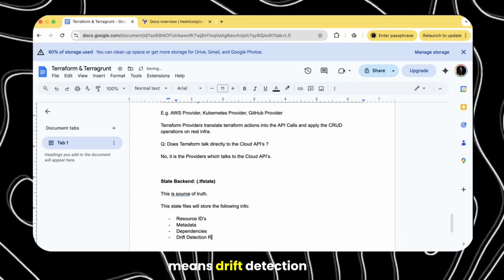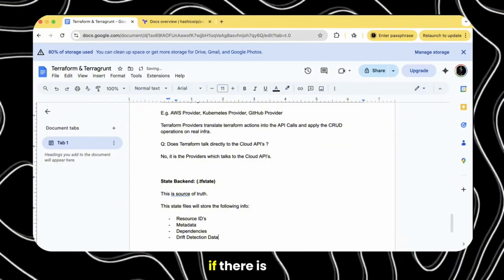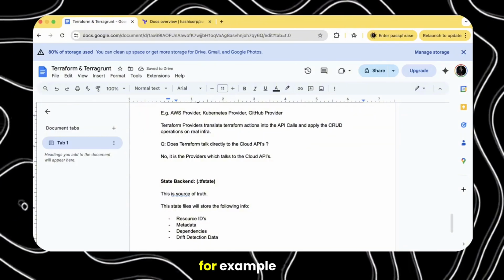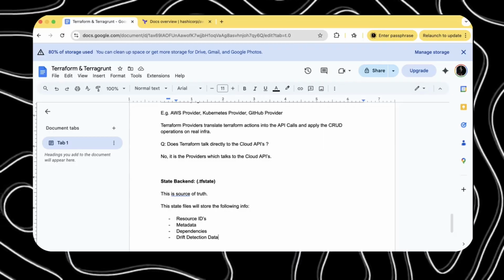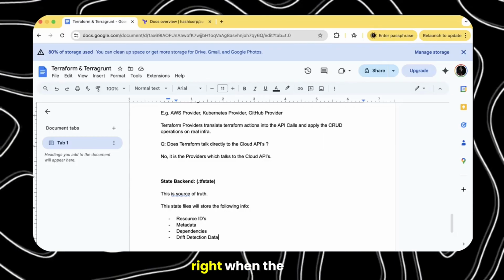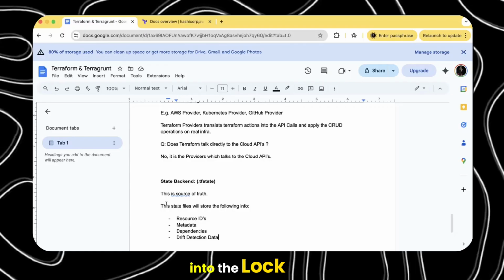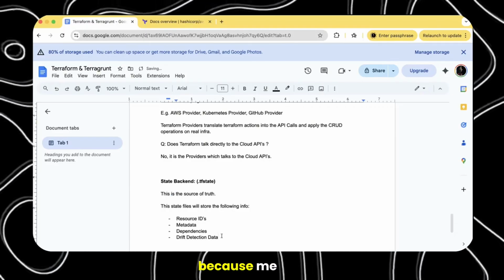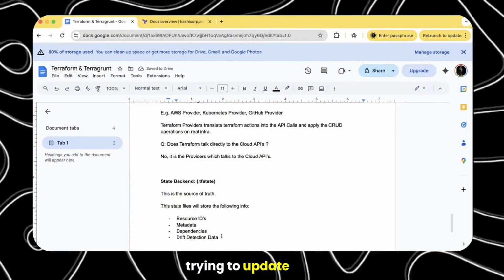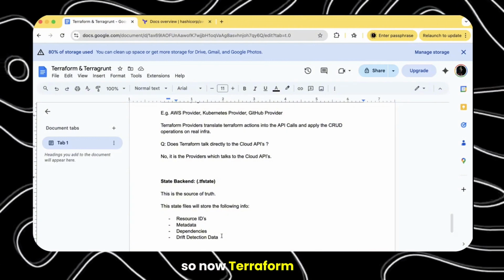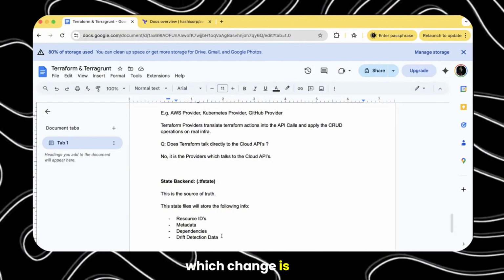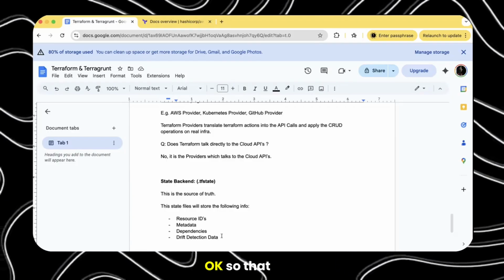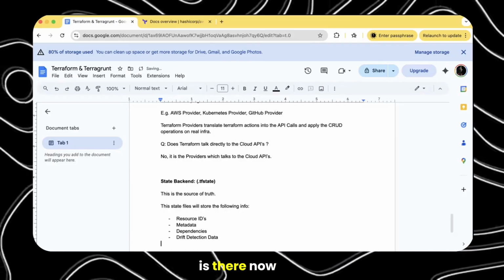Drift detection data means if there is any drift happening between the states. For example, it could happen when the state file gets into the lock state. Okay, why do they get into the lock state? Because two people are trying to update the same resources. So now Terraform doesn't know which change is the real change, yours or mine. Okay, so that is why it is there. Now